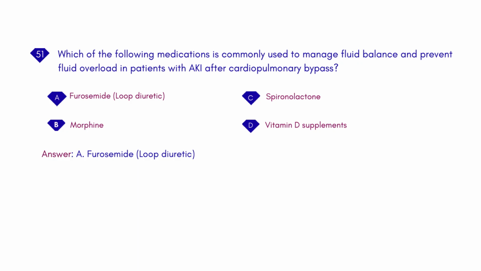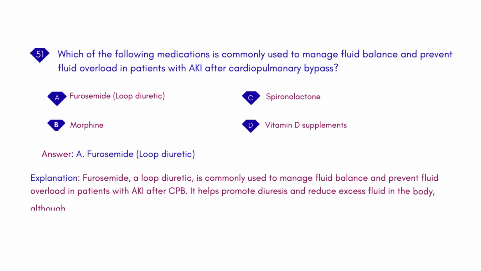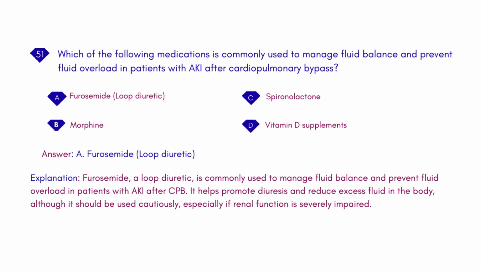Furosemide, loop diuretic. Explanation: Furosemide, a loop diuretic, is commonly used to manage fluid balance and prevent fluid overload in patients with AKI after CPB. It helps promote diuresis and reduce excess fluid in the body, although it should be used cautiously,